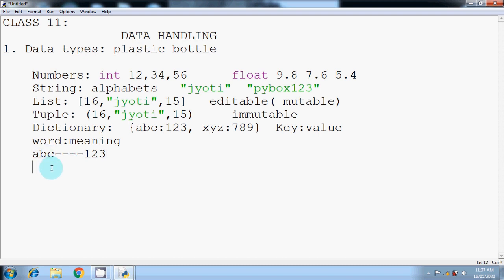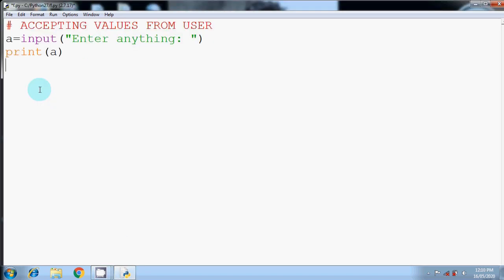So ABC is my key which I'll use to get its value, which will be 123. When we make key value pairs, a value referring to another value, then these pairs comprise a dictionary. So these are the data types that are covered in the theoretical section.